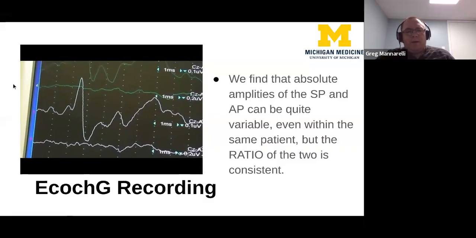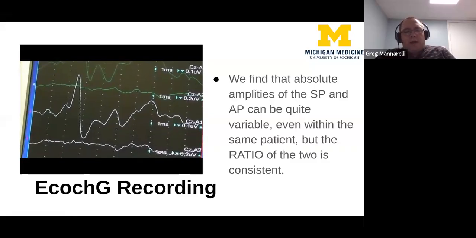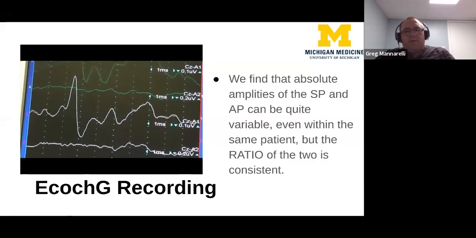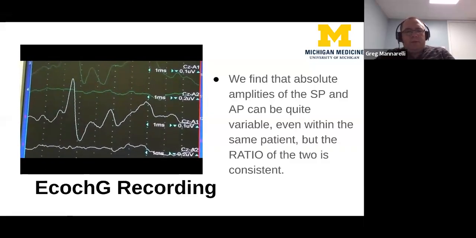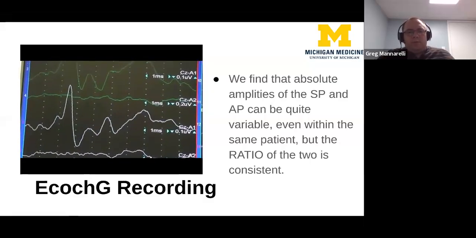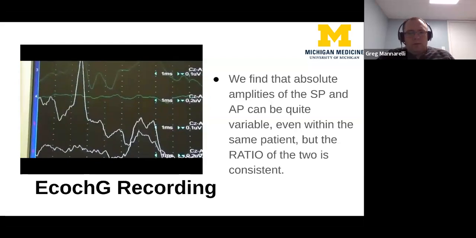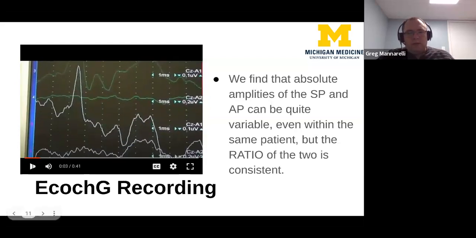I don't know if you can hear my audio from the recording, but as you record that, we find that it's much more consistent if you compare the relative amplitudes of the two rather than looking at absolute amplitude criteria. And I will get this to stop playing so I can move